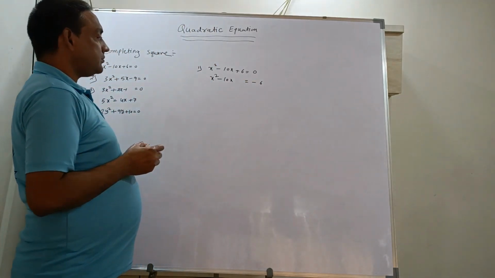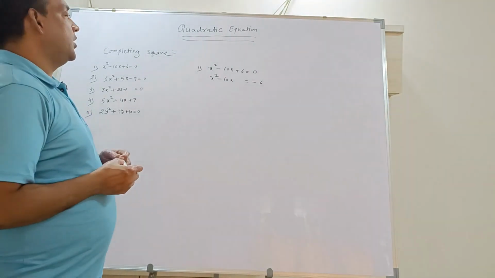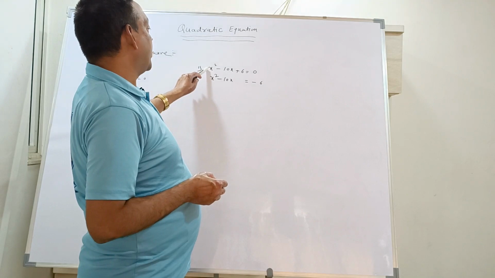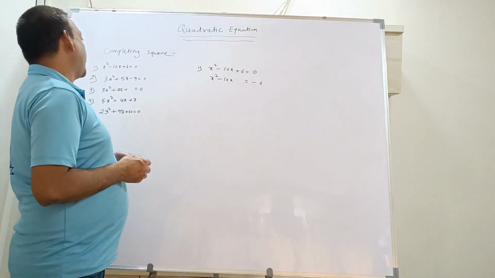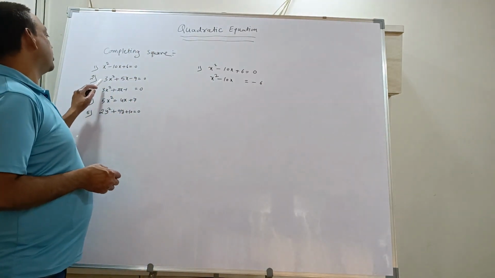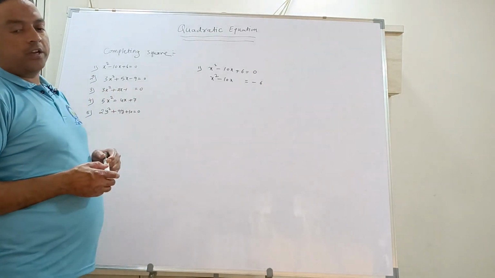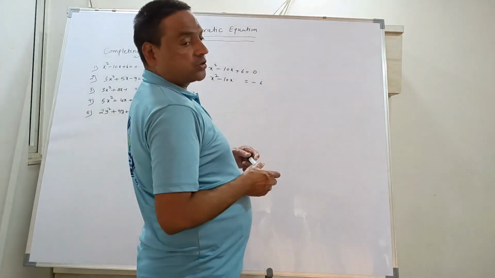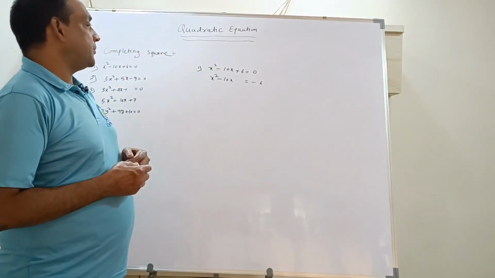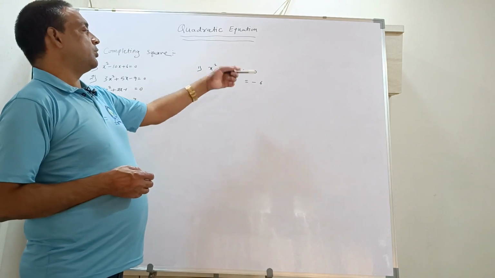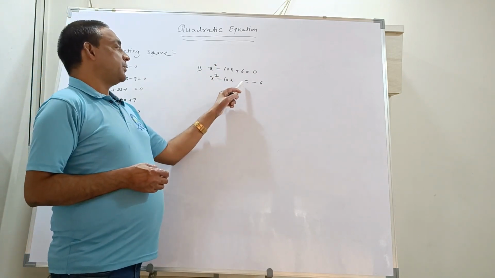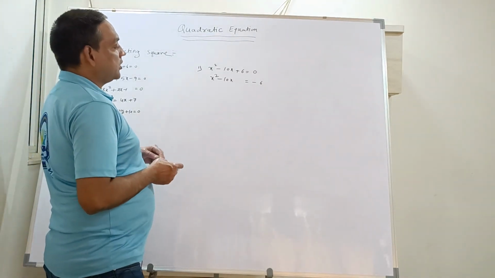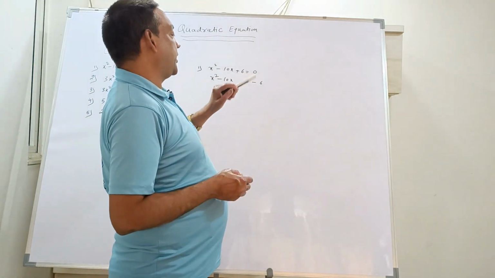Clear? What is the first step? Make sure no number is given before x square. Indirectly only 1 is given before x square. If any other number is given, like in sum number 2, we will divide everything by 3 to make it 1, or to remove the 3 from that. Here we don't have any number, so no need to divide. The second step is to take the constant number to the other side. So here we have the constant number 6, we'll take it to the other side, it becomes minus 6.